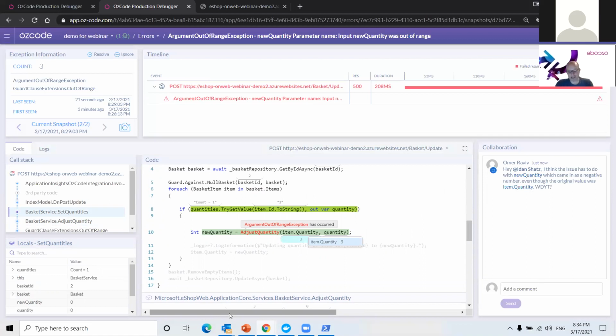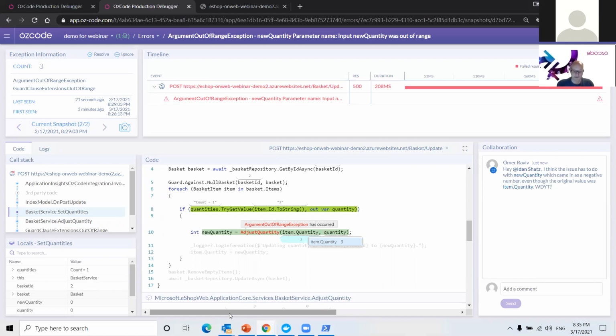If you were here for our last webinar, you'll know that we also support trace points across microservices. So I can also use this collaboration feature for showing Idan things that happened in microservice A that led to bad things happening in microservice B, which later caused an exception in microservice C.